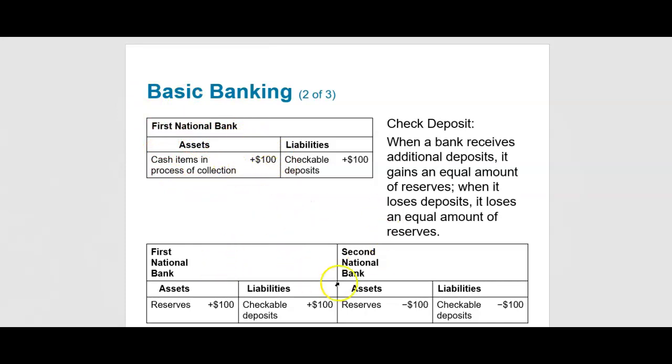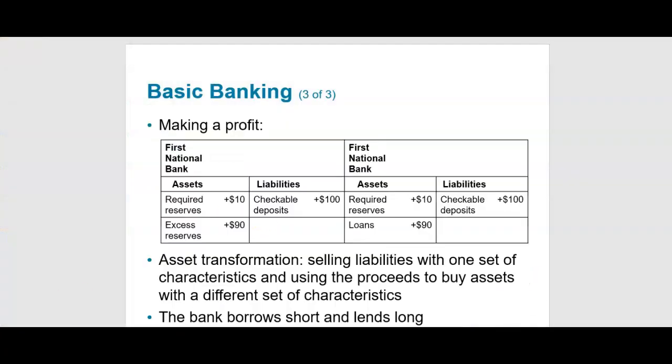But once it is processed and the credit is given to the bank at the end, it becomes an addition to their reserve, but a depletion of the reserve of the second bank that is being withdrawn from. So if I'm putting a check from Chase into Bank of America, Bank of America, after collecting the cash, will have an increase in their reserve, while Chase will have a decrease in their reserve and a depletion of the checking deposit from the person that gave us the check.